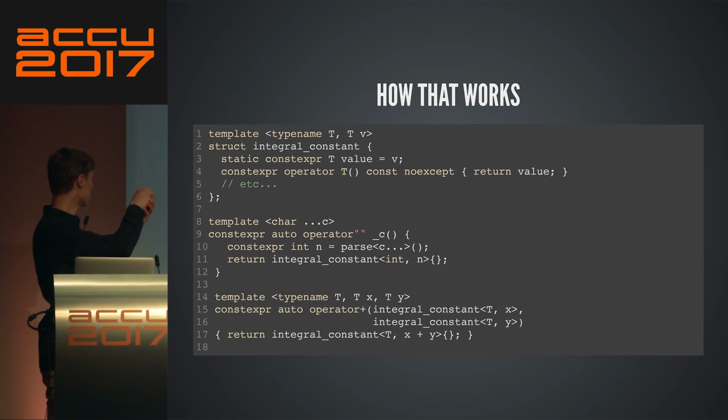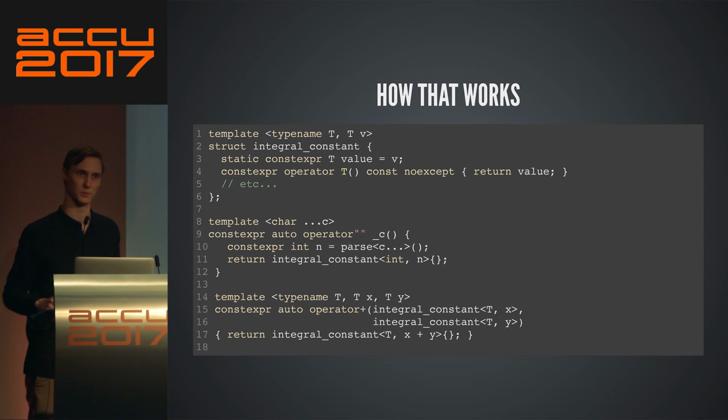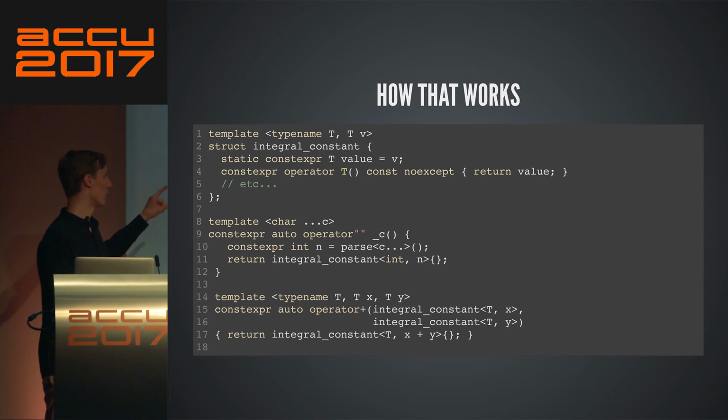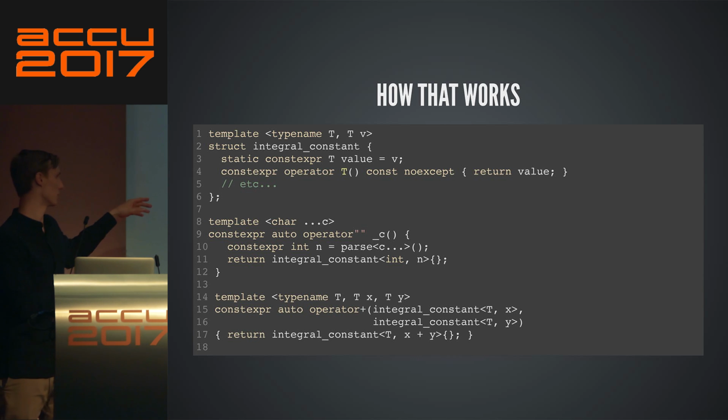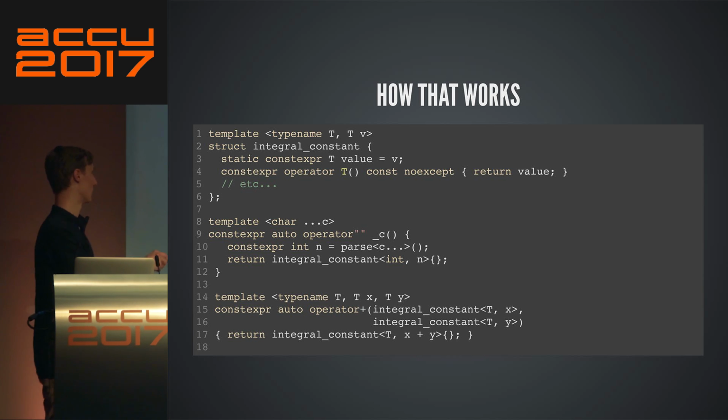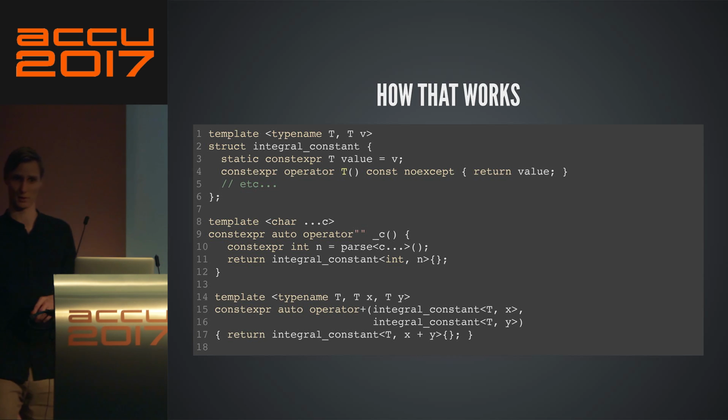and then give you back basically an integral_constant<int, 1>. Integral constant looks like this. There's more to it, but it's not really fundamental to this presentation. And then, to be able to combine these integral constants, I write an overload of operator plus, a function template, and I pattern match on the integral constant, and then I just add the inner values of the integral constants and return an integral constant with the result.